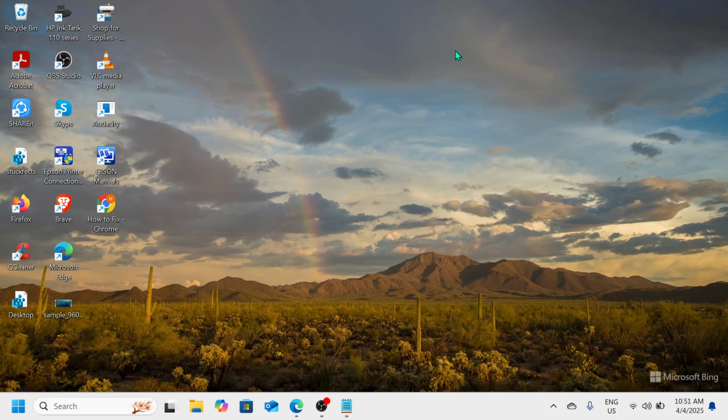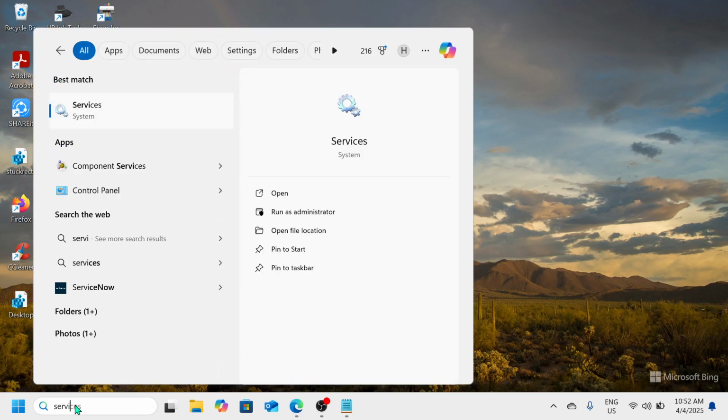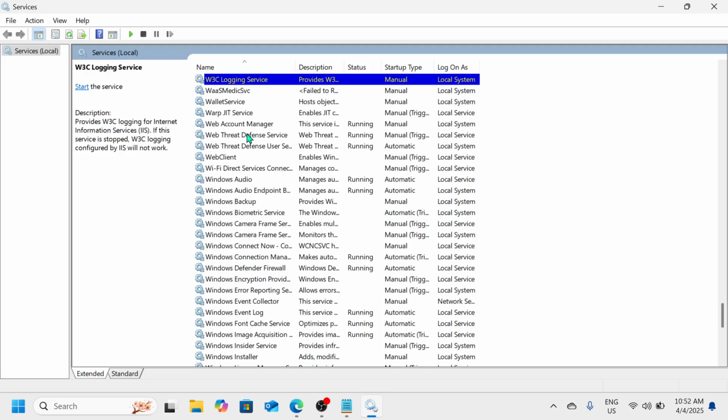The very first thing we need to do is to go to our services. So please go to your Windows search tab and type services. Under best match you will see the services option, so please click on that, and we will now be able to see the services window. Here, select one service and then go to your keyboard, type W. This will bring us to the W section. Here we need to look for WLAN AutoConfig,